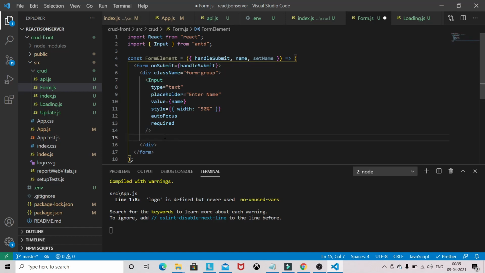After that we need one break and we will put some buttons. For that we will be using Bootstrap class names. So btn btn-primary, and I will give margin top one, and the button name will be Submit, and this one will be danger and it will be Cancel.